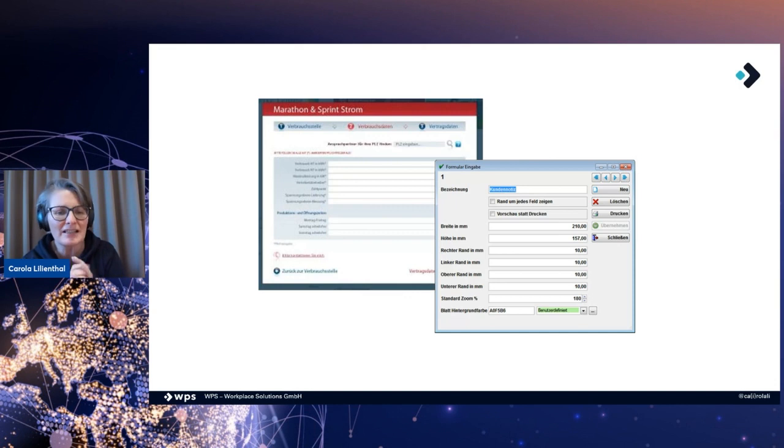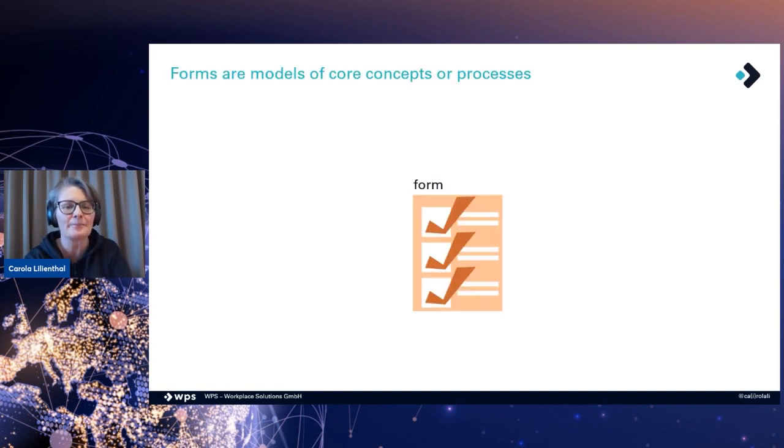The user fills in data into a form and stores it. And in many cases, therefore, the division into modules or bounded contexts does not really make sense. Certainly, there are domains that need CRUD applications, but from our experience, less often than you would find them in practice. What must be understood about forms is that the forms themselves are already a model of the core concepts,